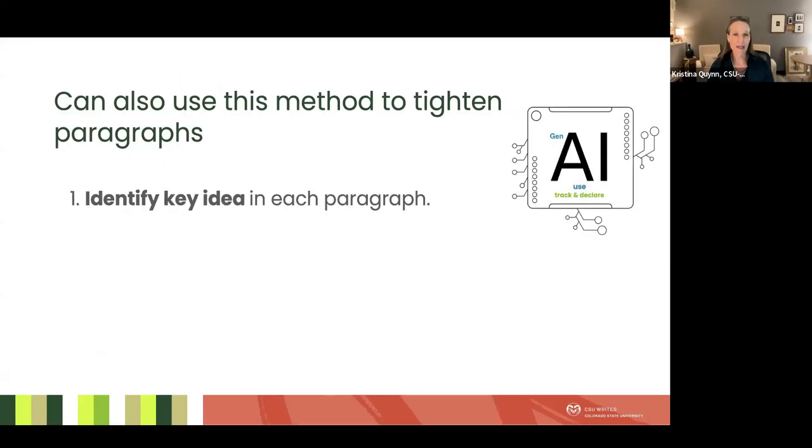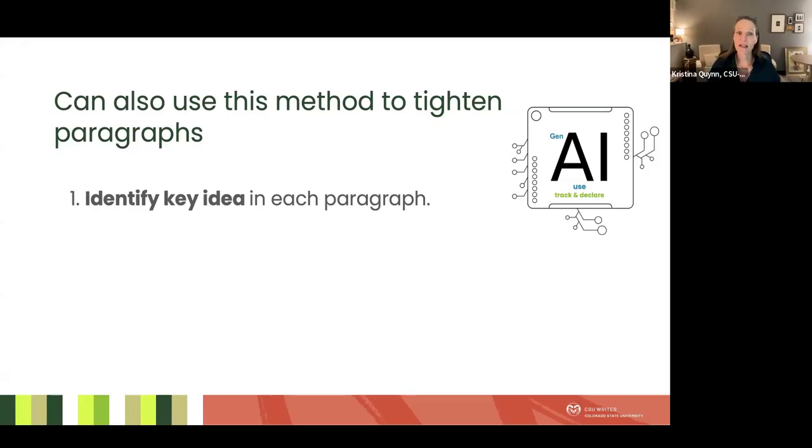You can also use that very same method to tighten a specific paragraph. Usually paragraphs have a flow to them. They are part, of course, of larger sections and of larger documents. So when you have the building blocks that go from words to sentences to paragraphs, sometimes by the time we get through a paragraph, if it's really dense and there's a lot of information in there, it might be difficult for you to identify what's the single key idea. Do I have more than one idea? If you have more than one idea per paragraph, you'll want to break that paragraph apart and create two.